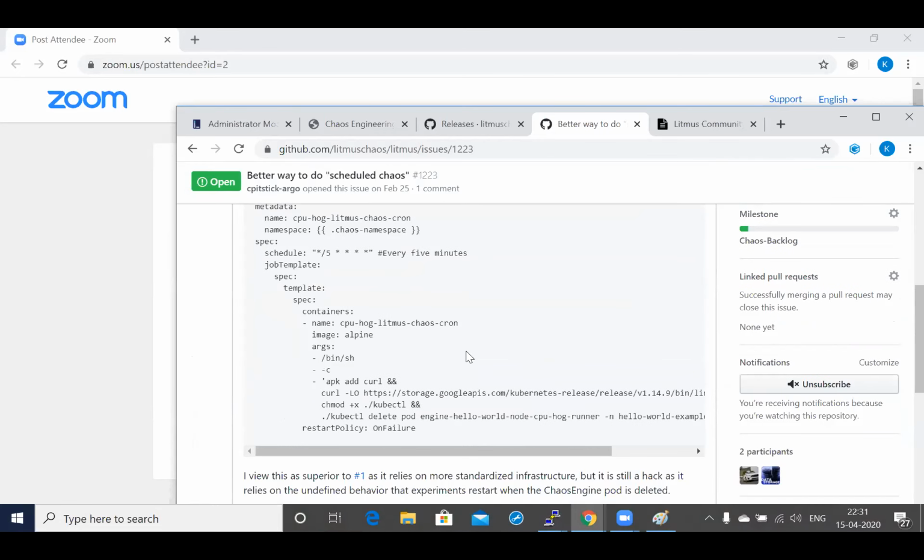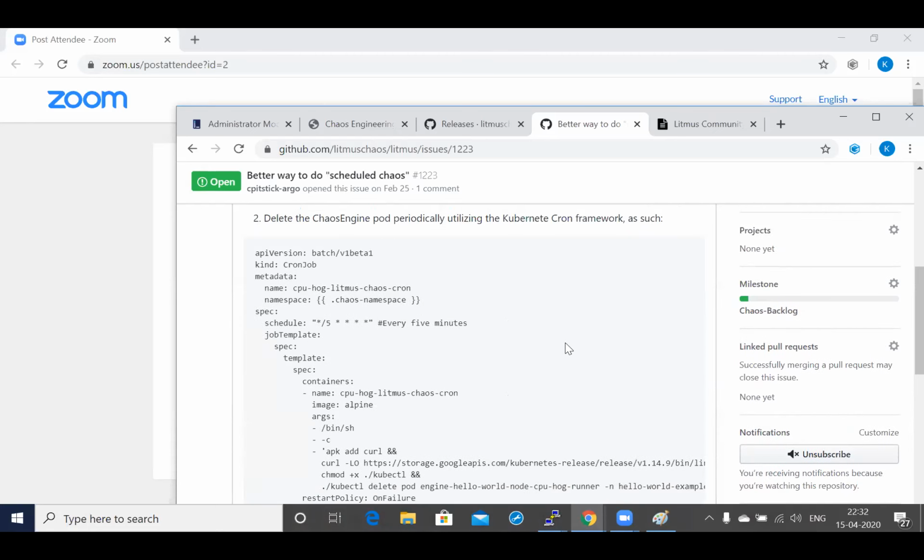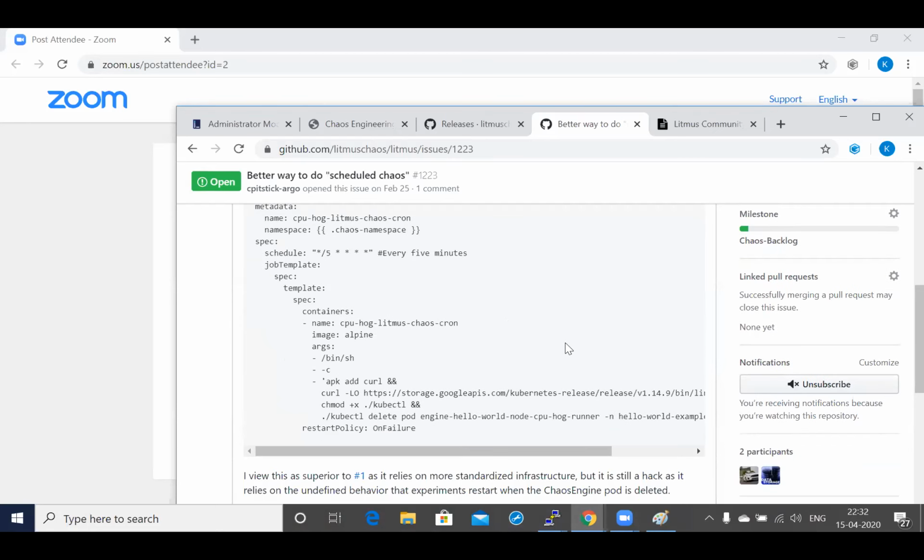And on how it is shaping up, it's primarily going to be based upon cron jobs in the back end, but it will have some additional wrapper logic that will help you to schedule the experiments within certain time ranges, and also allow you to specify either a minimum chaos interval or a certain number of instance counts for which the chaos can be performed, and also define an execution pattern, that is whether it can be random execution within the start and end points that you've mentioned, or it can be sequential at every particular interval, like a regular cron job would do.